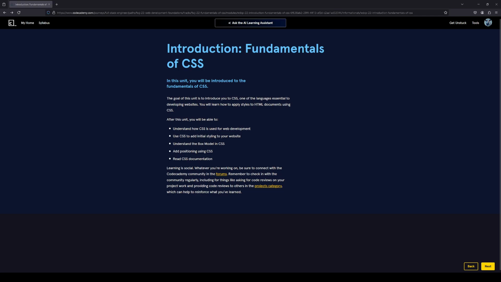Introduction, Fundamentals of CSS. In this unit, you will be introduced to the fundamentals of CSS. The goal of this unit is to introduce you to CSS, one of the languages essential to developing websites. You will learn how to apply styles to HTML documents using CSS. After this unit, you will be able to understand how CSS is used for web development, use CSS to build initial styling to your website, understand the box model in CSS, add positioning using CSS, read CSS documentation,